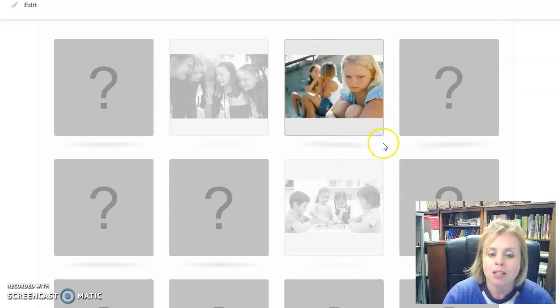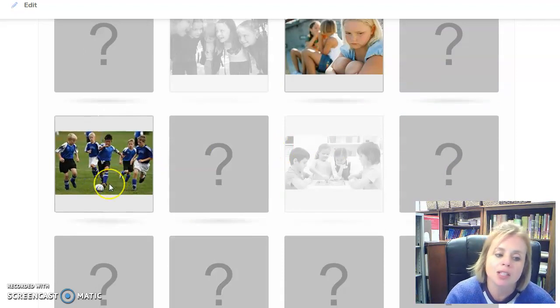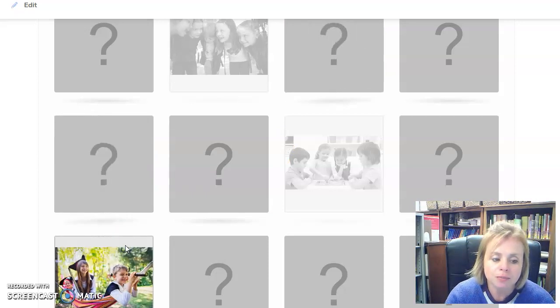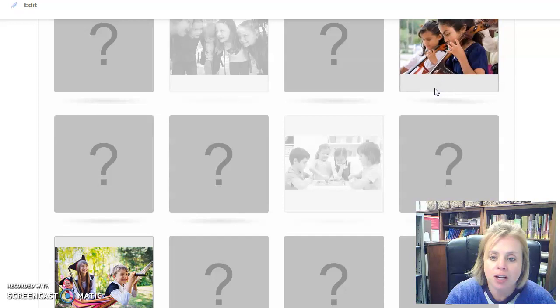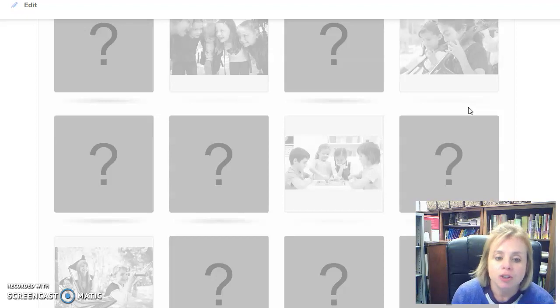This looks to be some kind of a child who's showing a sad emotion. So emotional development. Let's see if there's another one that we might match up. Oh, this looks like physical, so probably not a match. Creative, so they're pretending to be pirates, being creative, and I remember that up here in the right-hand corner was also creative. So when they match, they're grayed out, and it's important for us to think about allowing children opportunities